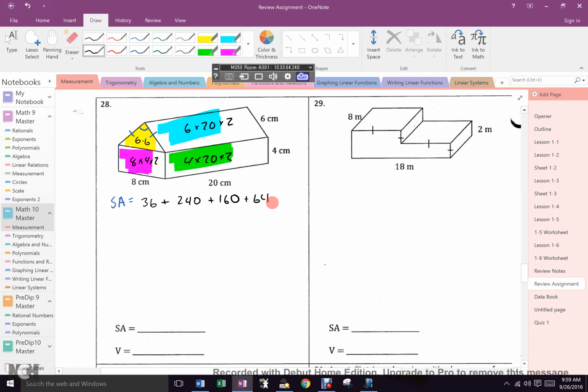Yes? And then I had the bottom, which I'm going to write up here in green. The bottom was 20 by 8. Why is it only times 1? Because there's no ceiling, right? Because this is not a structure. This is a math figure. So 20 by 8 is 160. And then you just added it all up to get 660